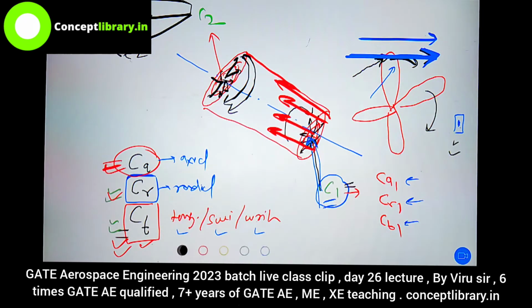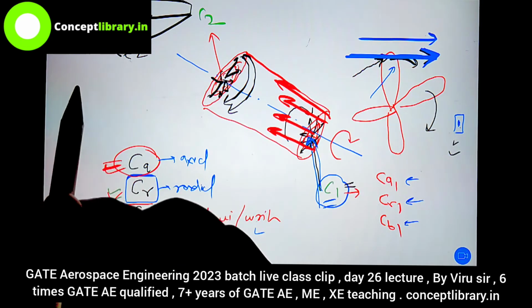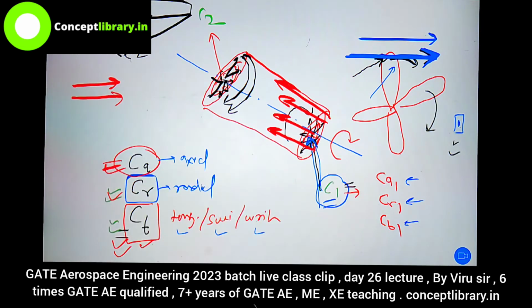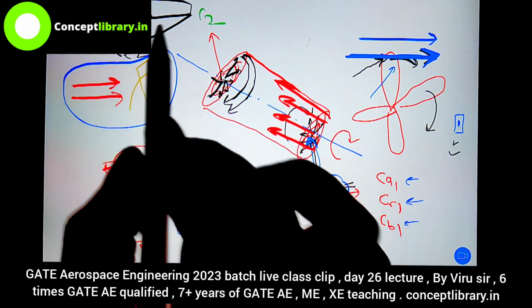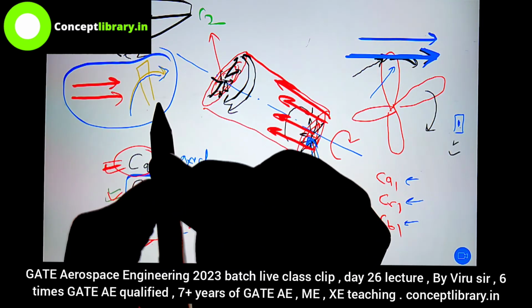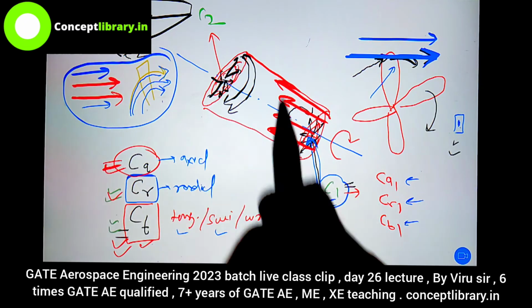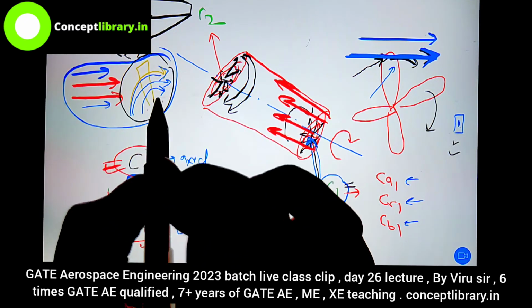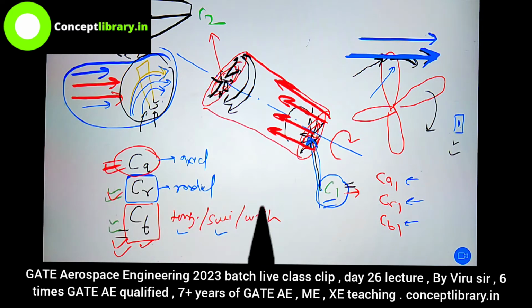Now you see, the main approach is that the rotor is rotating the flow. The reality is that the flow was coming in this direction and now it is interacting with the rotating blades. So this is your main situation. Rotation comes into the picture because of the rotating blades. So incoming flow and rotating blade interact together. Which velocity helps you change your momentum? That is tangential velocity. The air which is entering will have a different tangential velocity, and the air which is leaving will have a different tangential velocity.